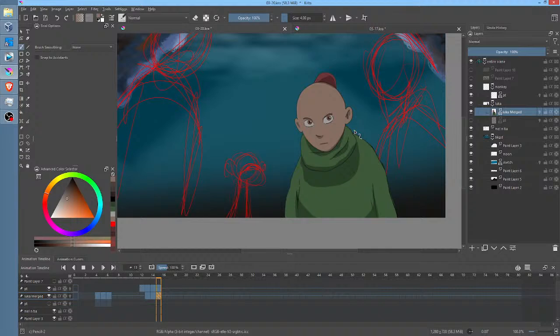But I think the reason one might extol the virtues of vectors is that ostensibly it makes your characters scalable, right? And you don't get the softening and the artifacting that goes with either mushing stuff around like you do with the liquify tool, or from resizing things.